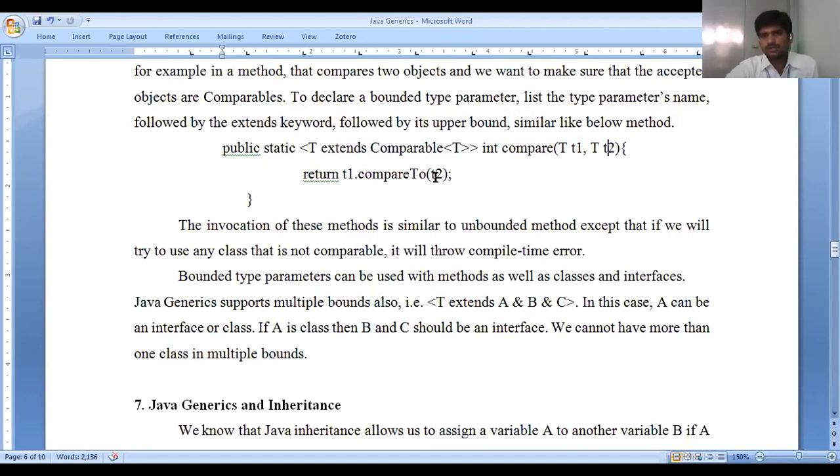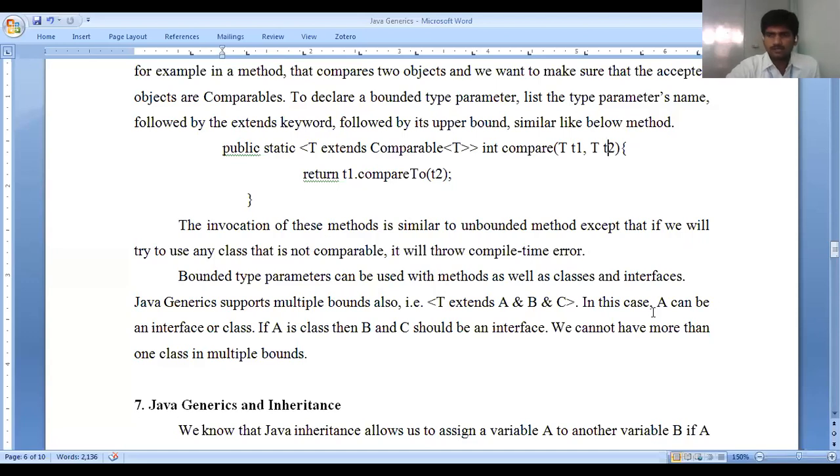So t1 is going to be compared to t2. The invocation of this method is similar to bounded methods, except that if we try to use classes that are not comparable in our compare, it will throw a compile time error. A compile time error is better than having a runtime error.